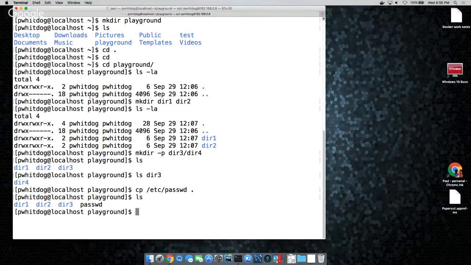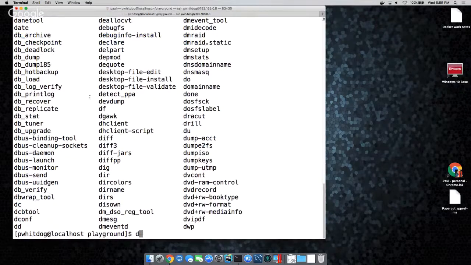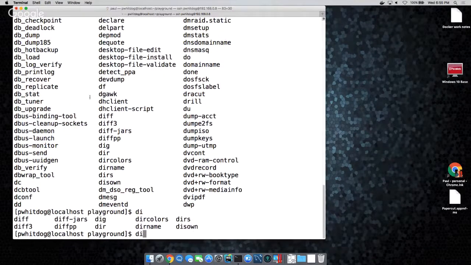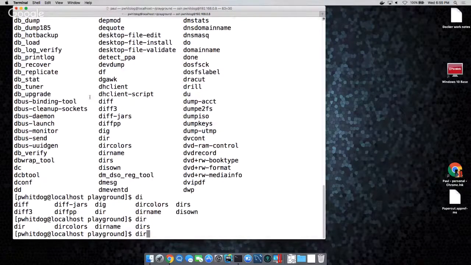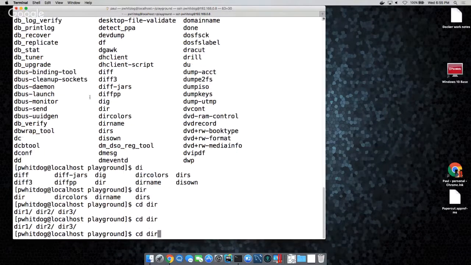So do D tab right here, right? D tab. No, that was too many. DI tab. That's everything on the path. So this is everything that would complete with DI. So he hit tab twice. But if you said cd space D and then hit tab, it's ambiguous, so it fills in what it can and then blinks. It's like, I'm stopping here.